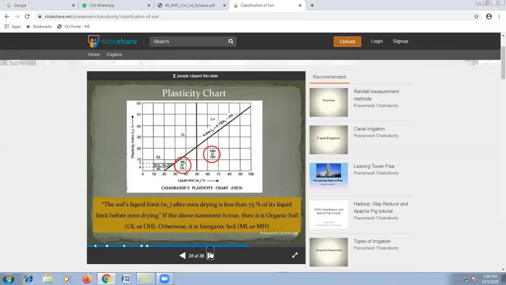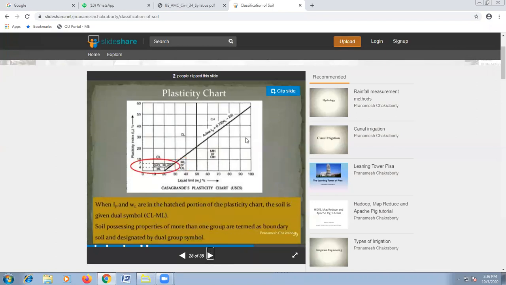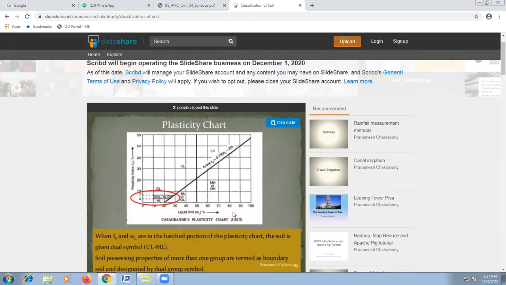We have seen the plasticity chart. Most of these, as I said, you will be dealing with in more depth in soil mechanics. Under fine grained soil, let me just briefly tell you about this. You have silt and clay of low compressibility, then silts and clay of medium compressibility, and silts and clay of high compressibility. And then you have some other types under them. So basically, we have just seen this engineering classification.